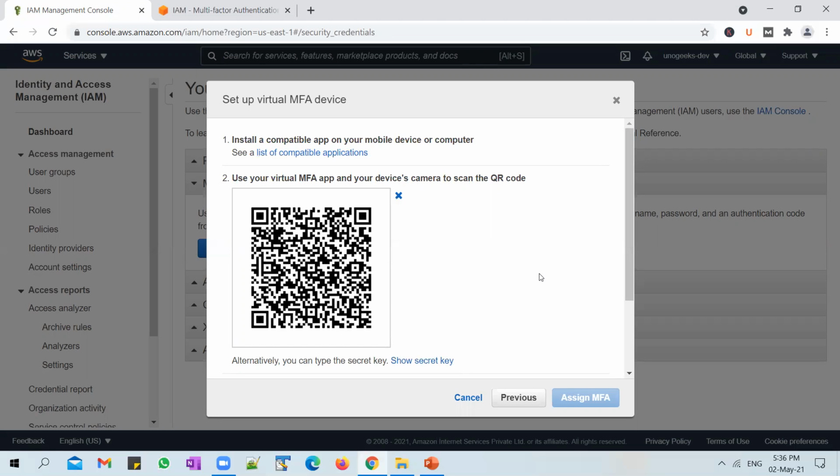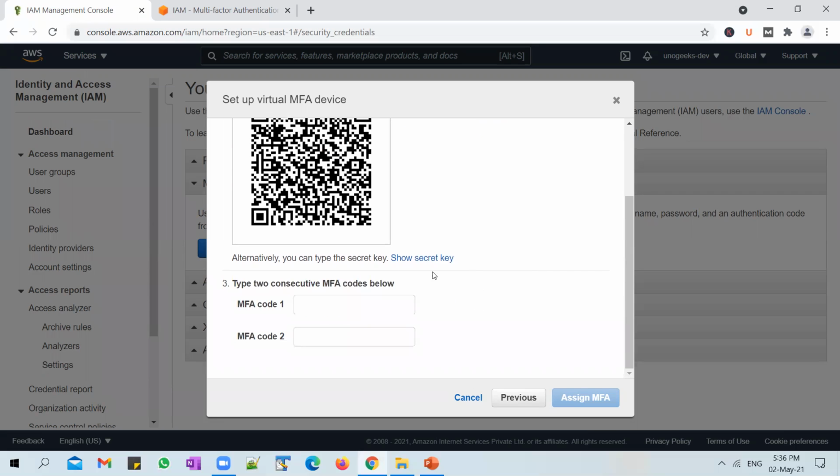And all you have to do is click on the plus icon, and you can scan the QR code. Scan the QR code, and you will see that Amazon Web Services root account will be added to your Google Authenticator. And what the Authenticator will do is it will keep generating MFA codes or authentication codes.